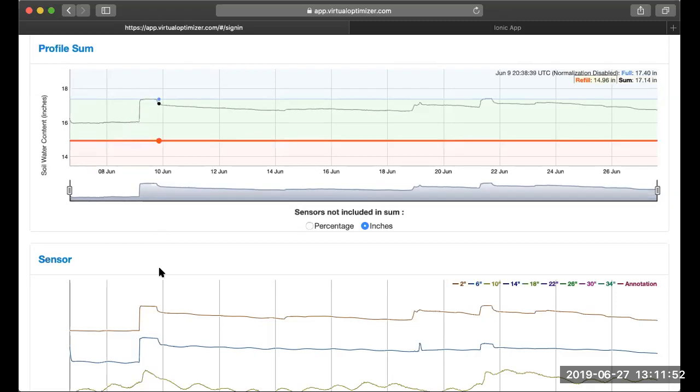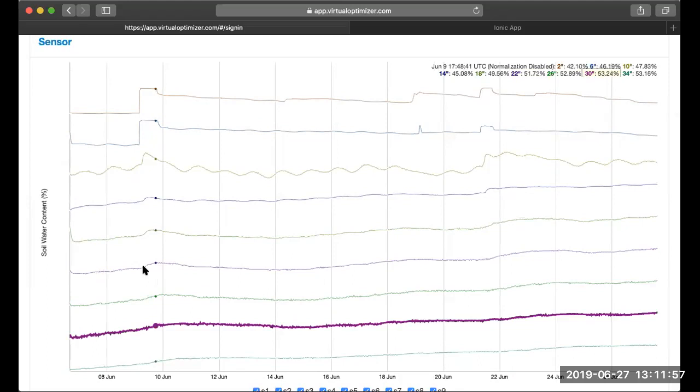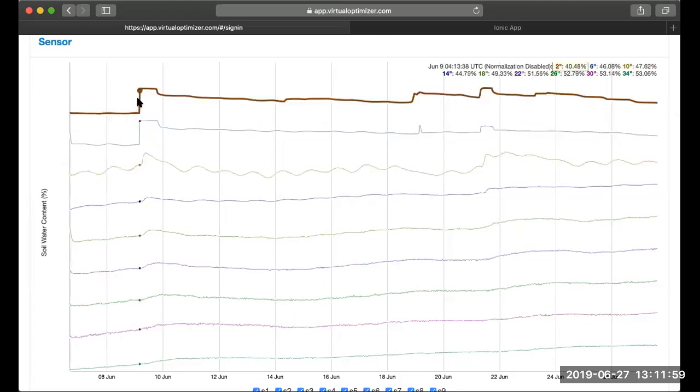So in this example, when we look at our individual sensors, clear back here on June 10th, and we see this rain event that took place, it rained for a pretty good period of time, which has been what's happening, right? It rains for several hours. Yeah, several hours, and it's just night after night. Yep, it just continuously goes. So this is an example of a long extended rain. The soil was so wet, it was completely saturated. As soon as the rain stopped, though, it dropped right back off, and we started to find field capacity at